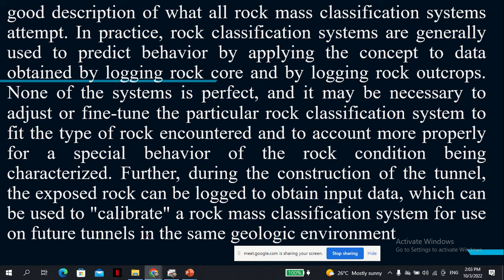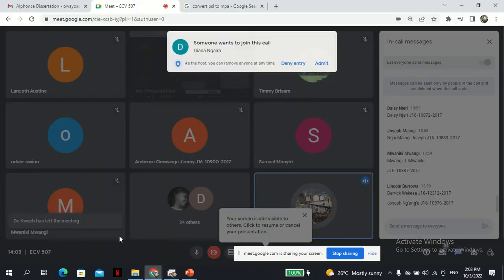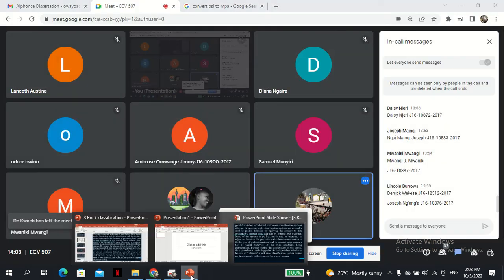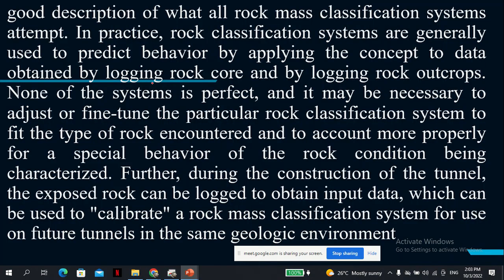In practice, rock classification systems are generally used to predict behavior by applying the concept to data obtained by logging rock core and by logging rock outcrops. None of the systems is perfect, and it may be necessary to adjust or fine tune a particular rock classification system to fit the type of rock encountered and to account more properly for special behavior of the rock